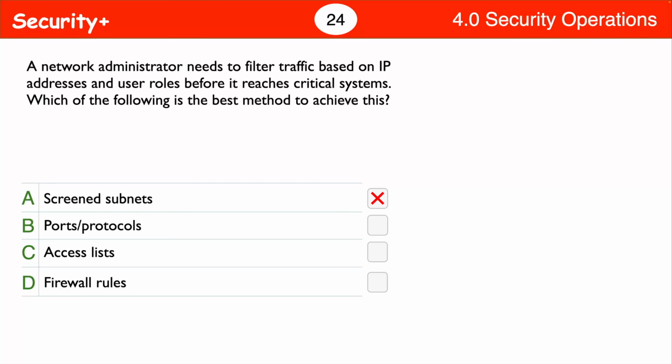Next, we can eliminate B, ports/protocols. This one's wrong because they control service access, not who can access a system. So that leaves us with